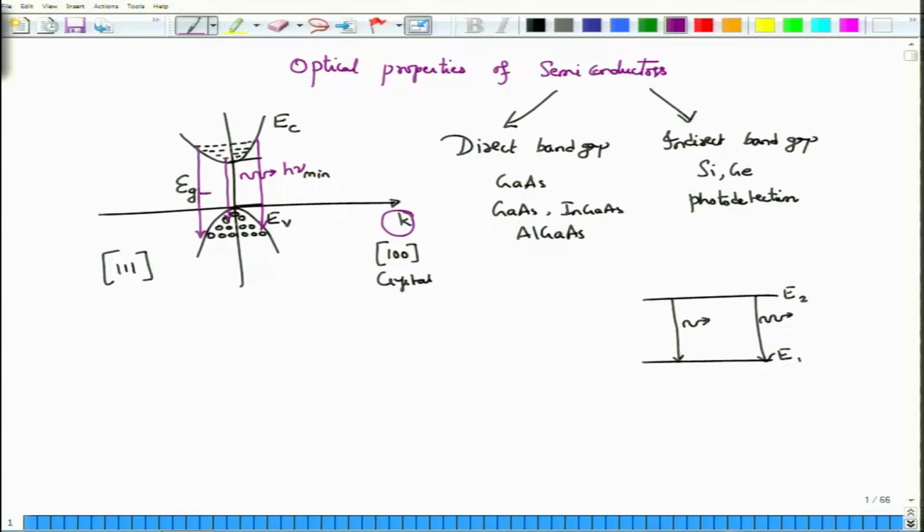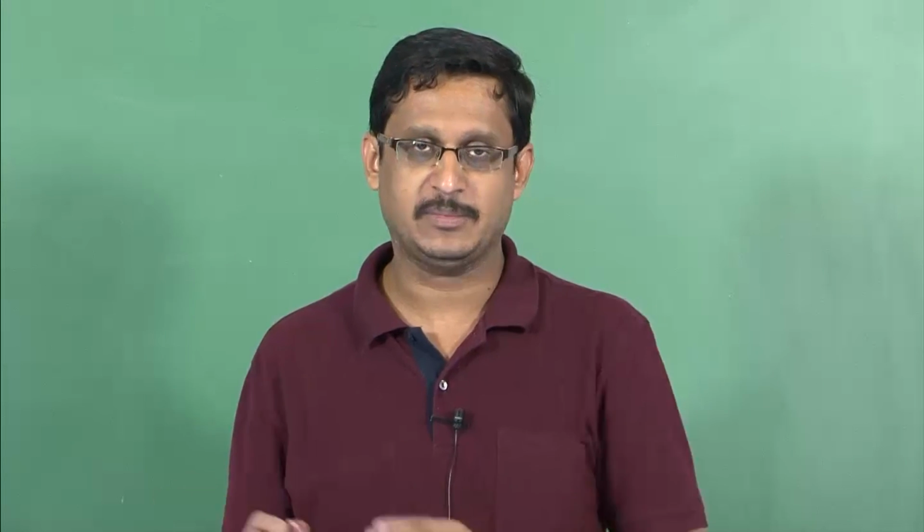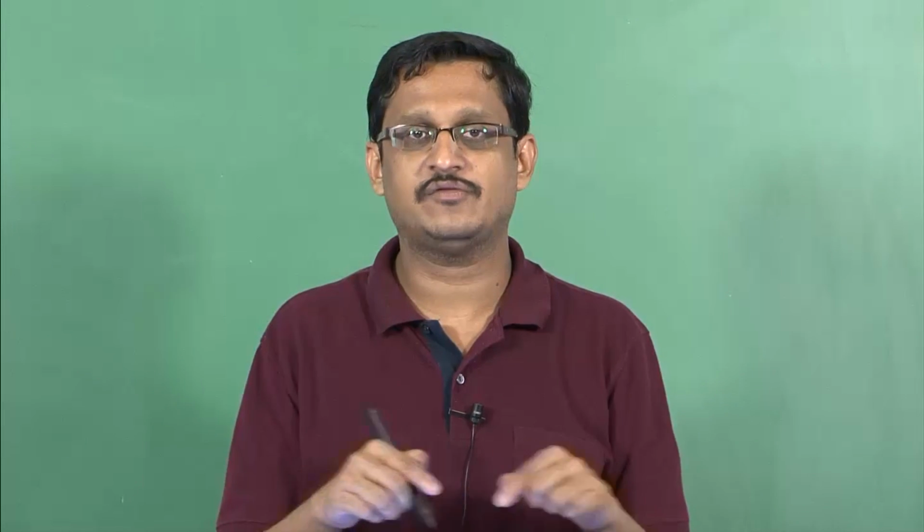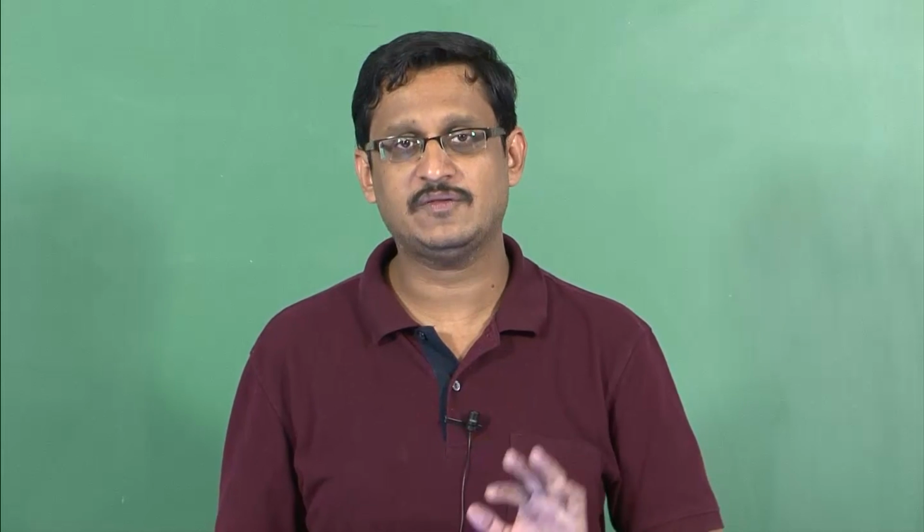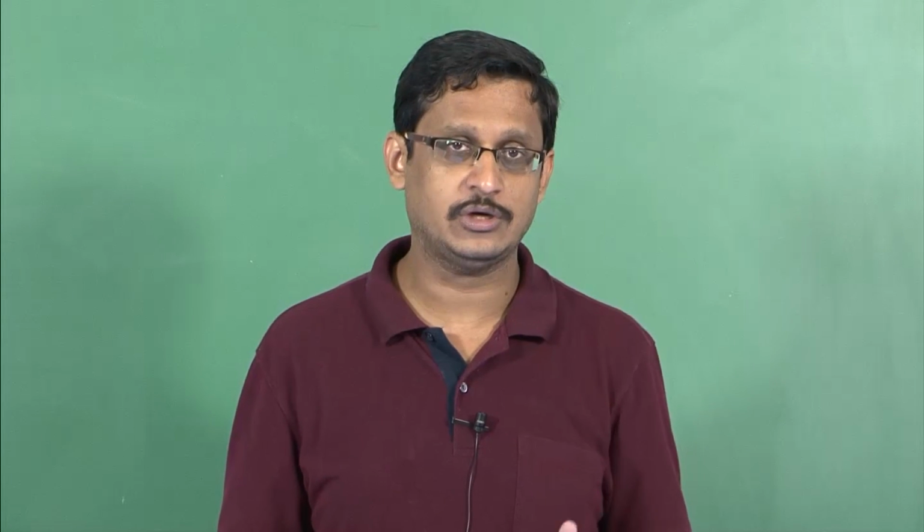But let us say over this range, if conservation is happening, then the band edge transition will result in a photon. This will also result in a photon, but one with a different frequency, which we will call nu max. So what you see is that compared to typical atomic lasers or some other material lasers, the lasing frequency and the spread around that lasing frequency is actually quite wide for a typical semiconductor material. That is not the only thing that you need to take away. There is another thing that you need to remember.